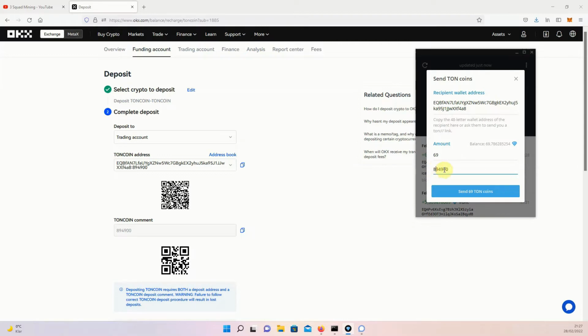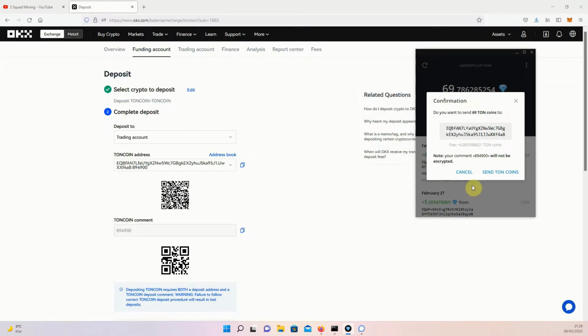So you need to make sure this is correct. 894,900, and so we have our address that we're sending to here, and we're sending our TON coin comment as well. So I'm going to go ahead and click send 69 TON coins here,